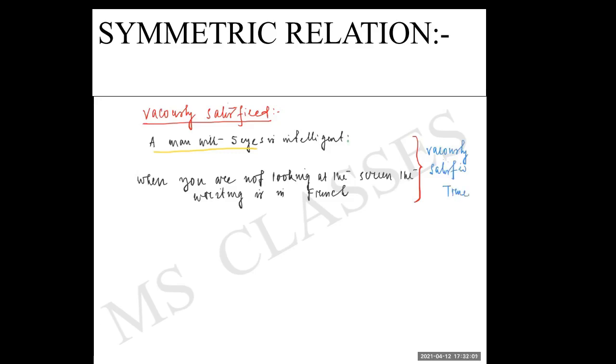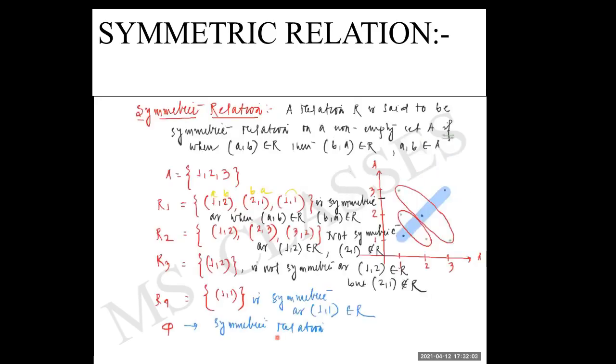Like in this case, children, here what you had, void relation. Void relation is a symmetric relation. Why symmetric? Because you cannot prove that it's not symmetric. To prove it is not symmetric, children, you have to get an element first. Suppose you got the element a comma b, and then if you can show that b comma a is not there, then you can say it is not symmetric.